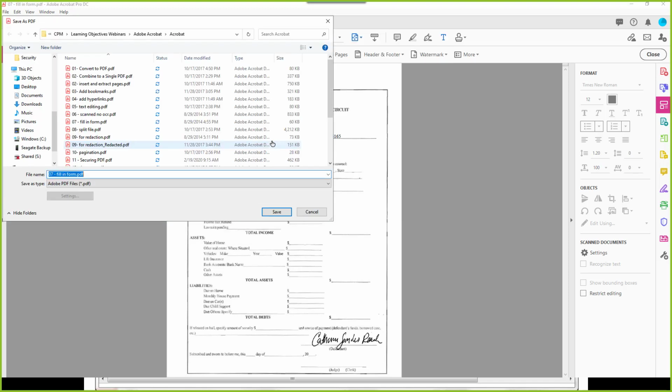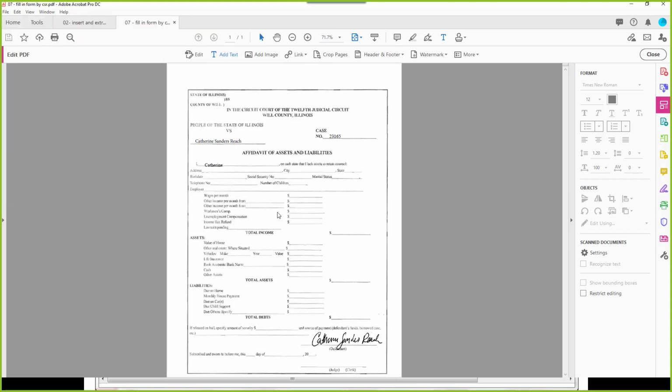Choose the default folder, and then I'm going to say, that way I don't overwrite my form. And now that document is saved. So the typewriter tool, I think, is incredibly handy for filling out